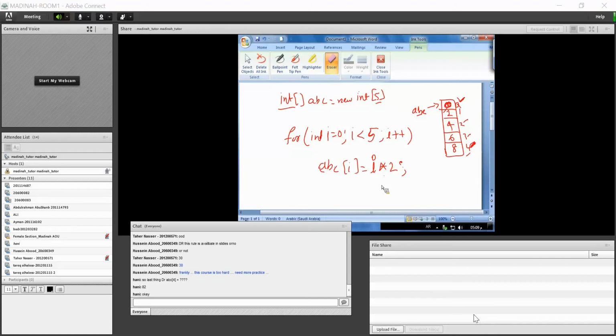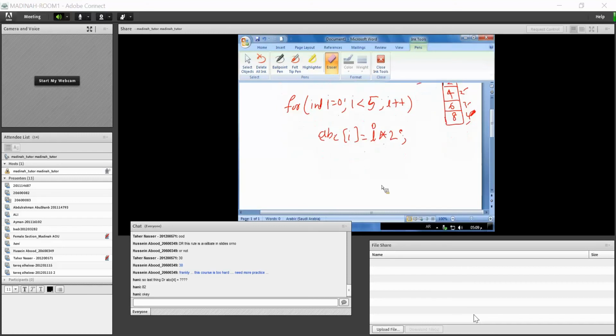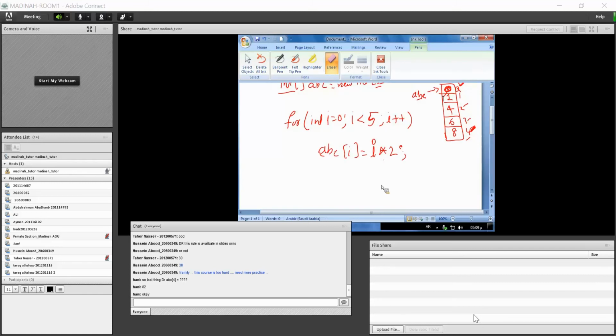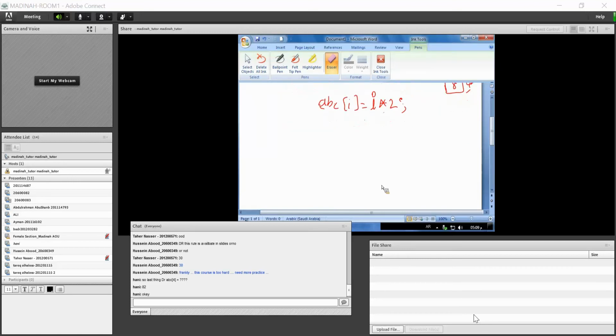Now this is how we initialize the array by using a for loop. The next step: you want to display the array, or print the array values, after the assigning. You can print again by using a for loop. You write another for loop: for int I is equal to 0, I less than the size of the array, I plus plus.